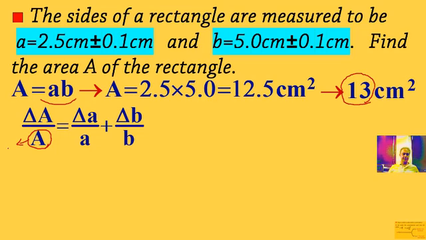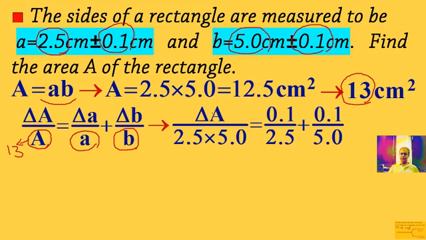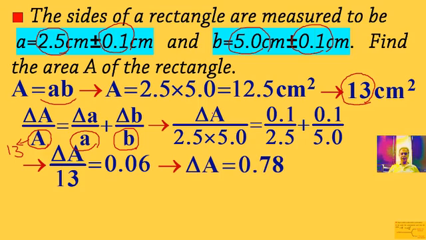Okay? Small a is the length of a side. This is 2.5 as it's given here. b is the length of the other side. It's given here. Delta a is 0.1. Delta b is 0.1. They are substituted. And the calculation will give us delta A is equal to